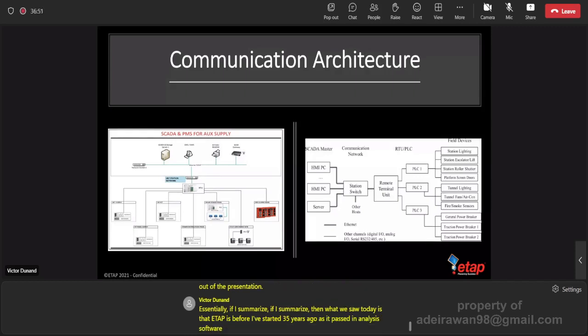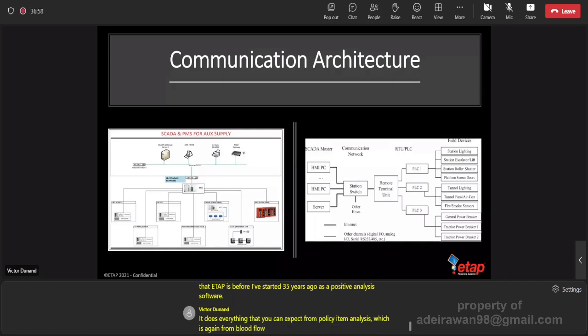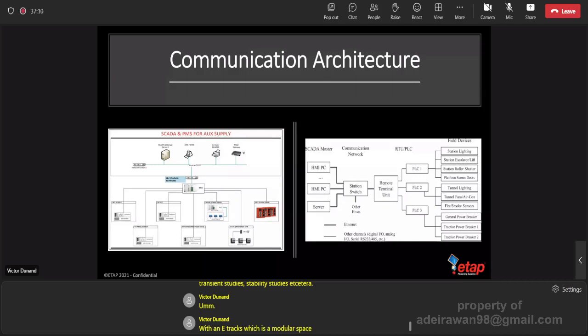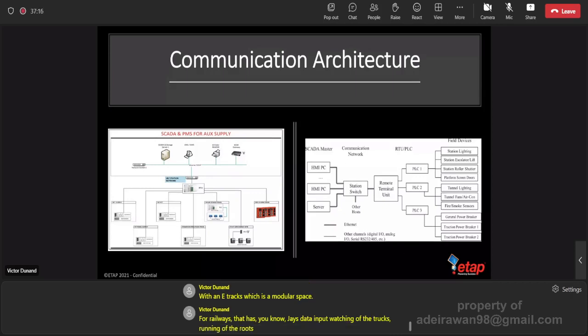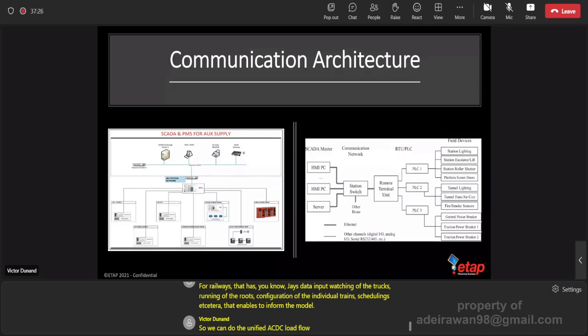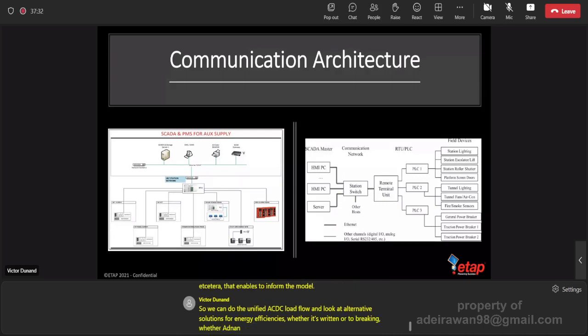It does everything that you can expect from power system analysis: load flow, short circuit protection, harmonics, arc flash, transient studies, stability studies, etc. Then with eTrucks, a module specialized for railways, with GIS data input, routing of the trucks, routing of the routes, configuration of the individual trains, schedulings, etc. That enables us to inform the model, so we can do the unified AC/DC load flow and look at alternative solutions for energy efficiency, whether it's regenerative braking, energy storage systems, or the impact of upgrades of the rolling stock,